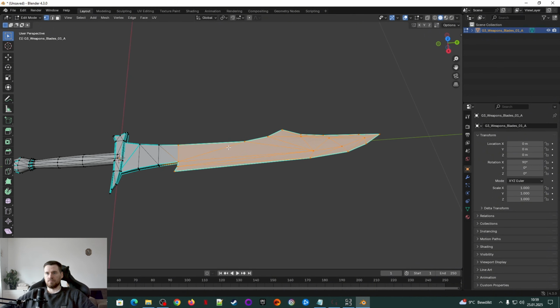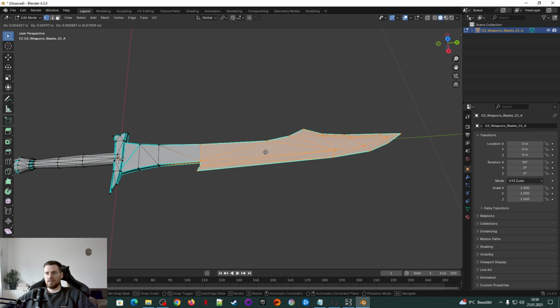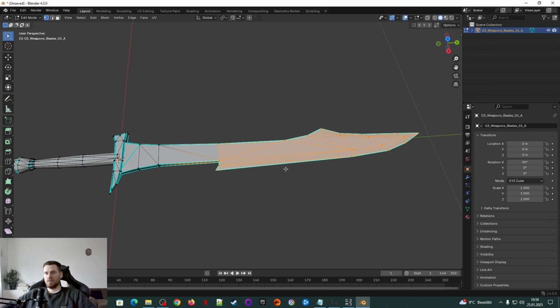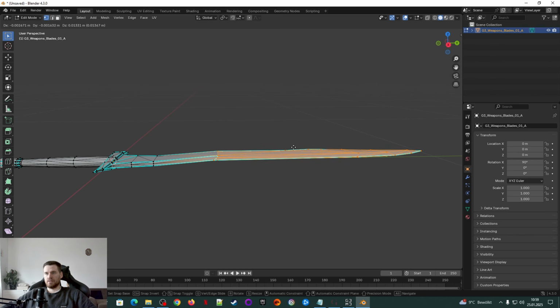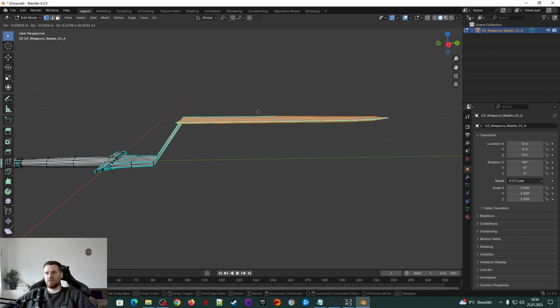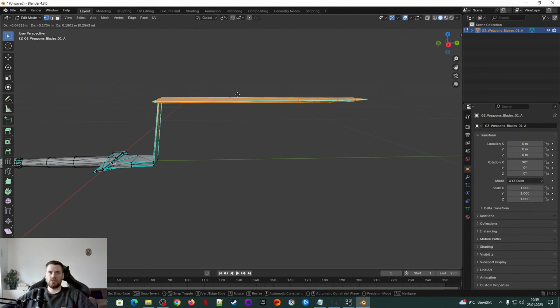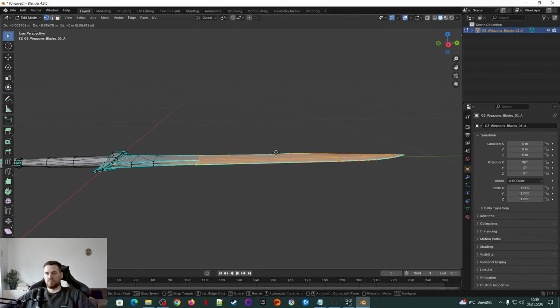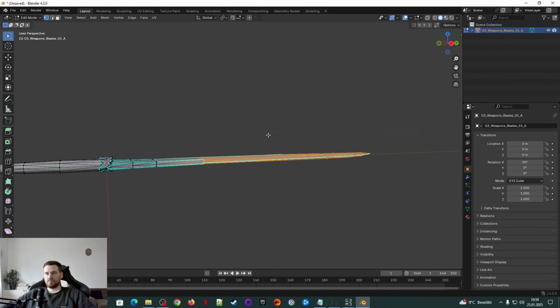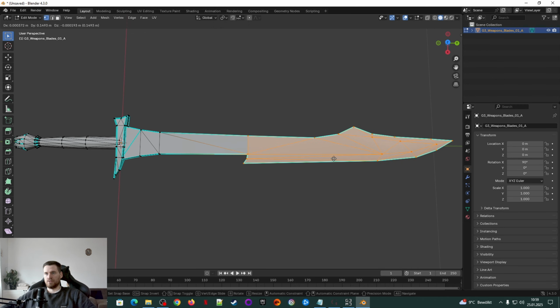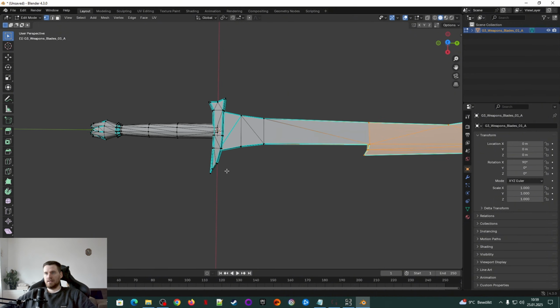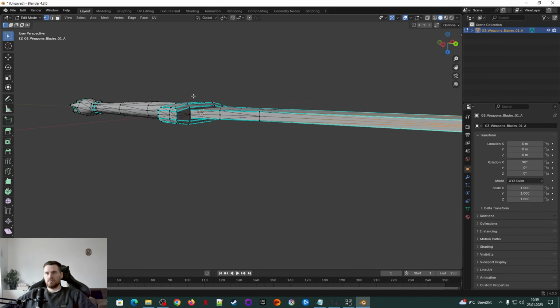Okay, again, press G and I just drag it here along the plane to make it longer. Let's check, yeah, it's still straight. You can make it goofy like this, it would actually work. But yeah, let's make it longer so you will see it later in the game. And also